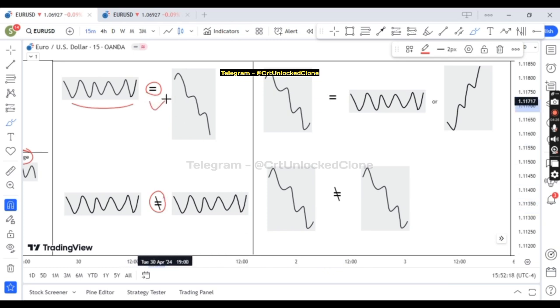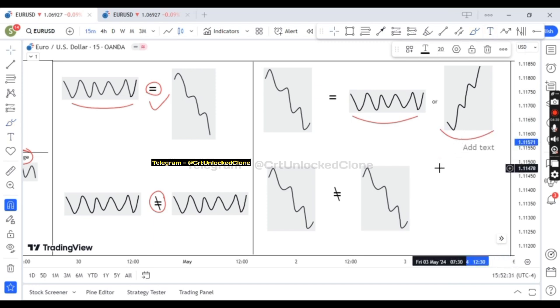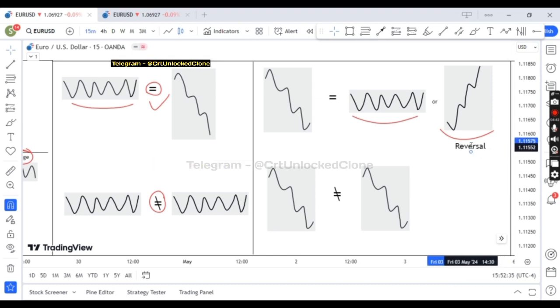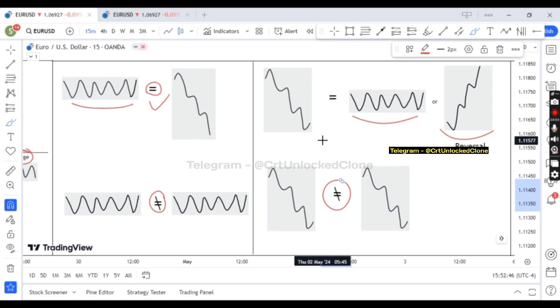Similarly, after an expansion profile has ended or occurred, we can only have three possible outcomes, which are a retracement, a reversal, and a ranging profile. That means after an expansion has occurred, we cannot have another expansion right away after the expansion profile has ended, right? First we're gonna either wait for a retracement or a range to form and then position ourselves toward another expansion